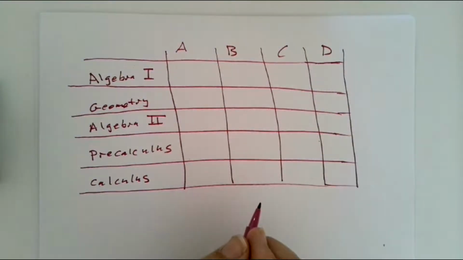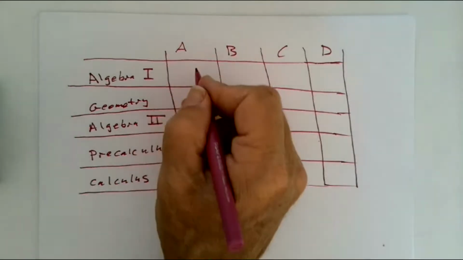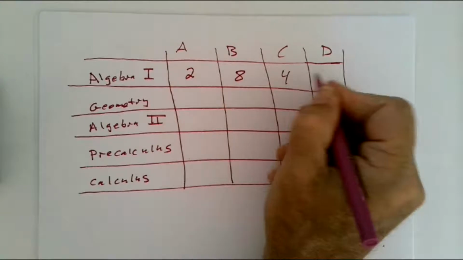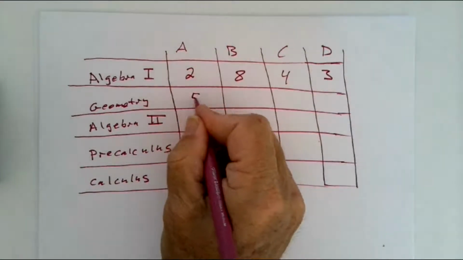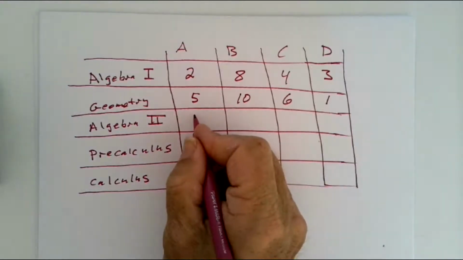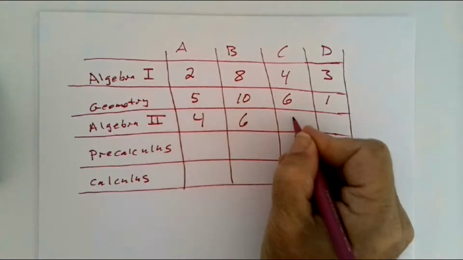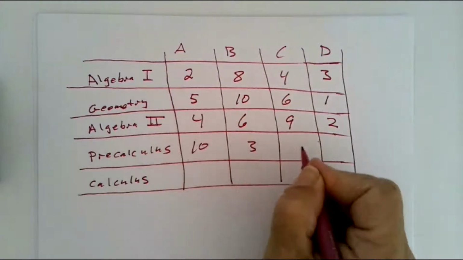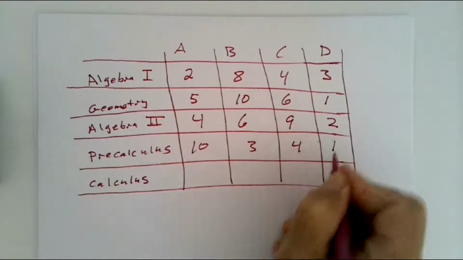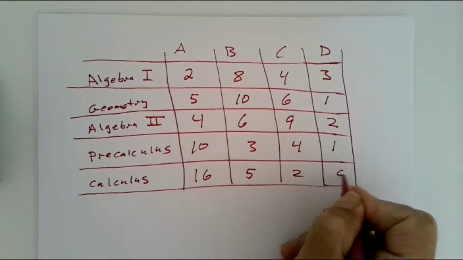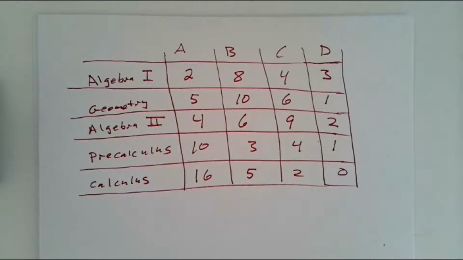Let's go ahead and put some numbers in all of these columns. So let's say we have 2 A's, 8 B's, 4 C's, 3 D's, 5 A's, 10 B's, 6 C's, 1 D, 4 A's, 6, 9, 2, 10, 3, 4, 1, 16, 5, 2, 0. So these are all of the numbers that we have, and we want to ask some